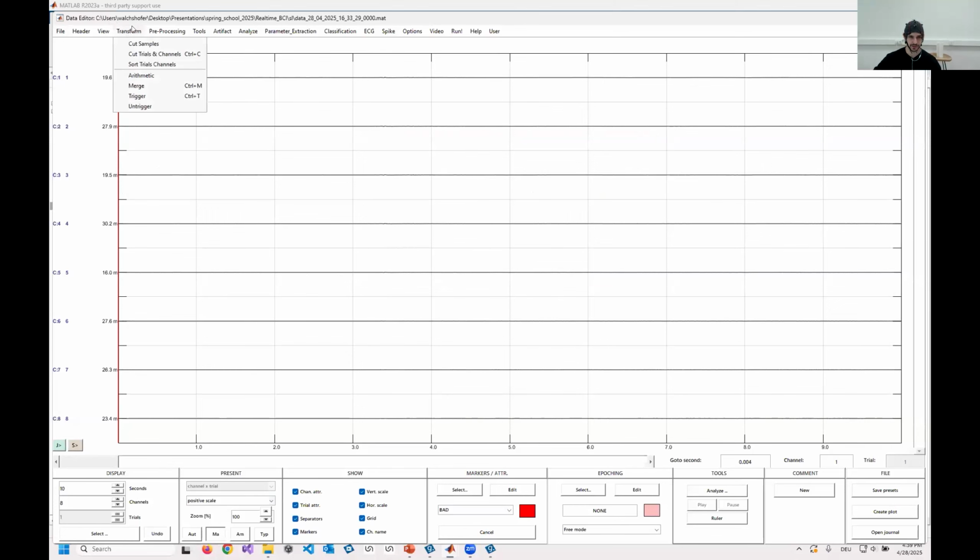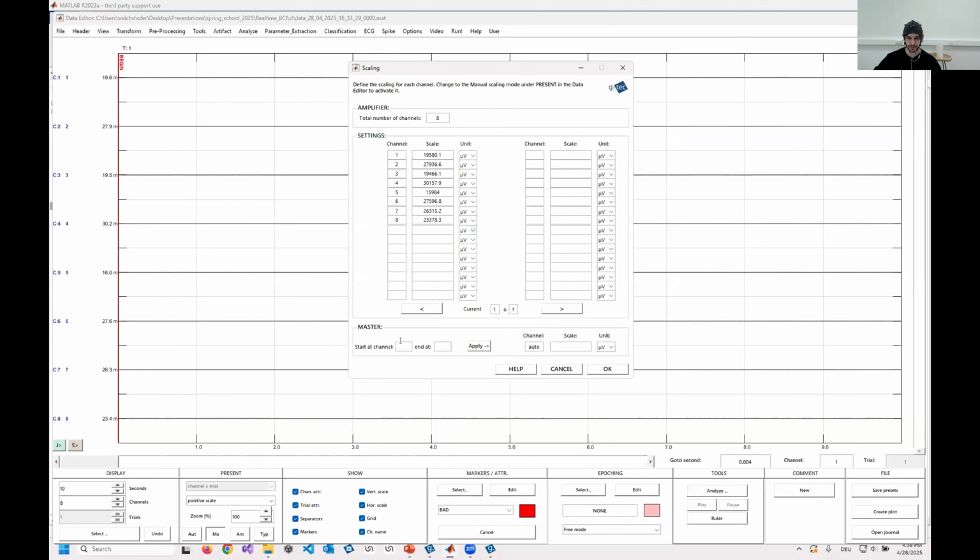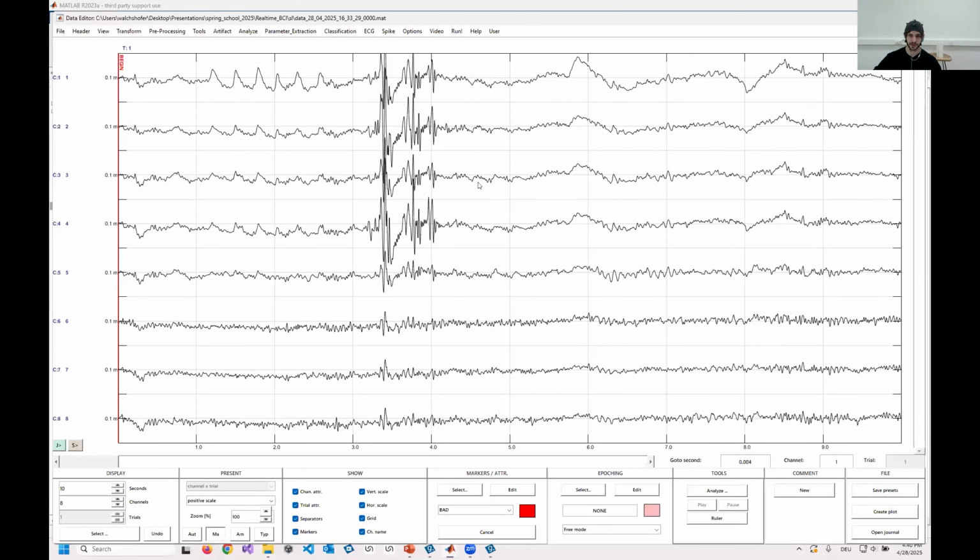Now we can see that the signals look very flat because we also have to scale to a correct amplitude range. And EEG is usually in between plus minus 50 or plus minus 100 microvolts. That's why I'm going to scale to plus minus 100 microvolts for all 8 channels now. And now we can already see eye blinks, EMG, and alpha activity in here. And we have a preprocessed file